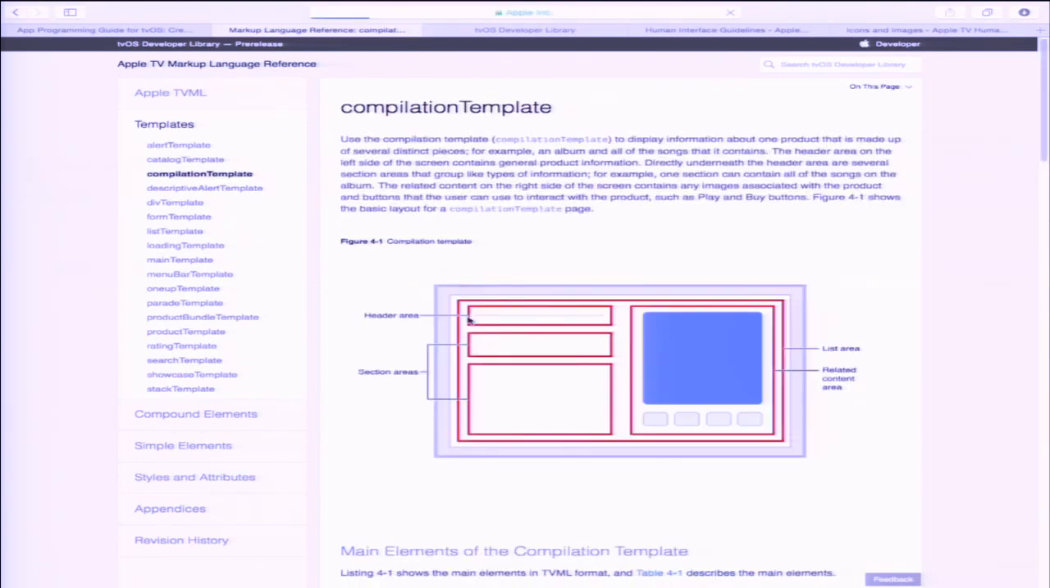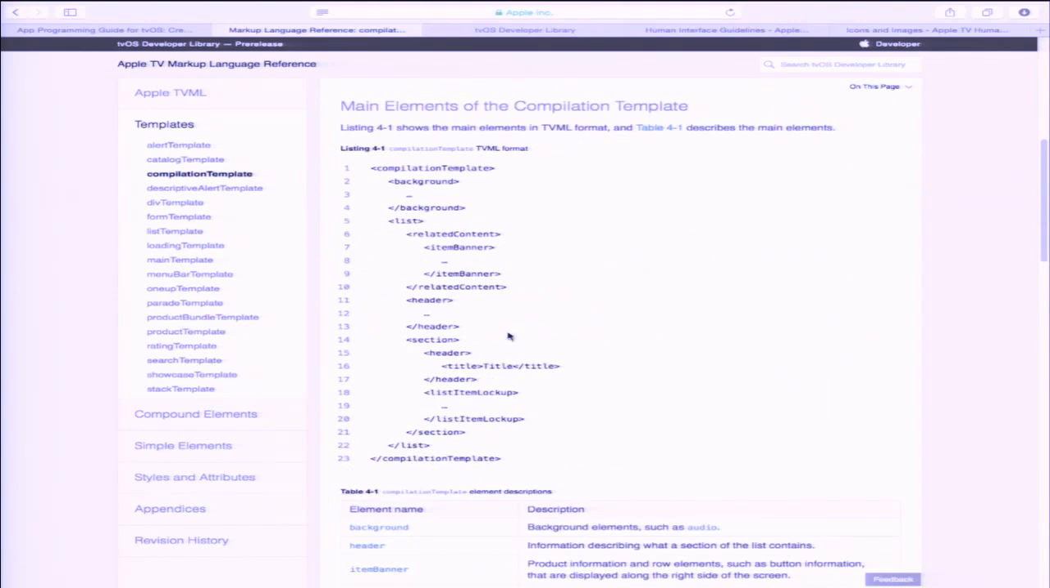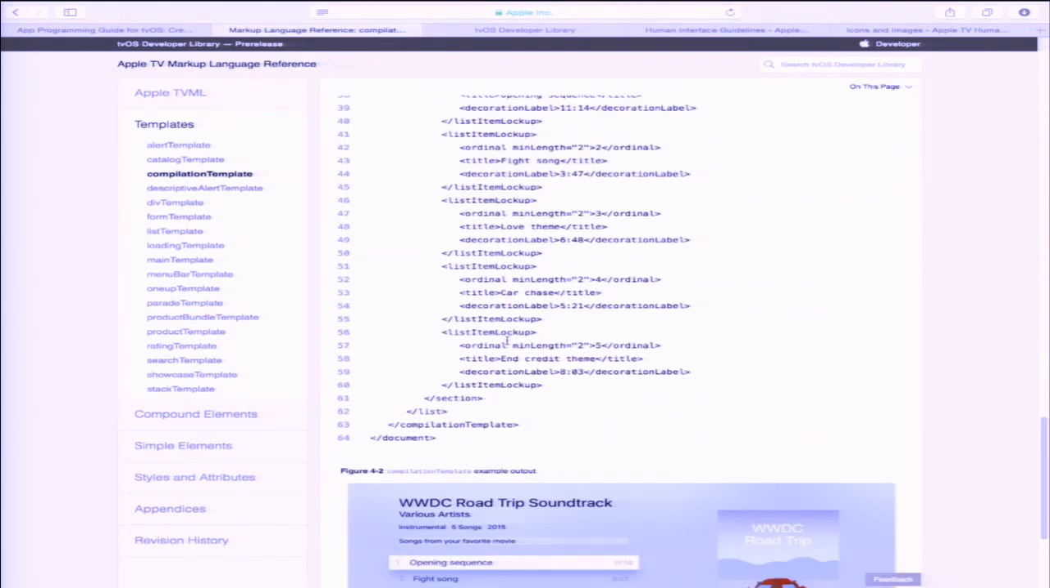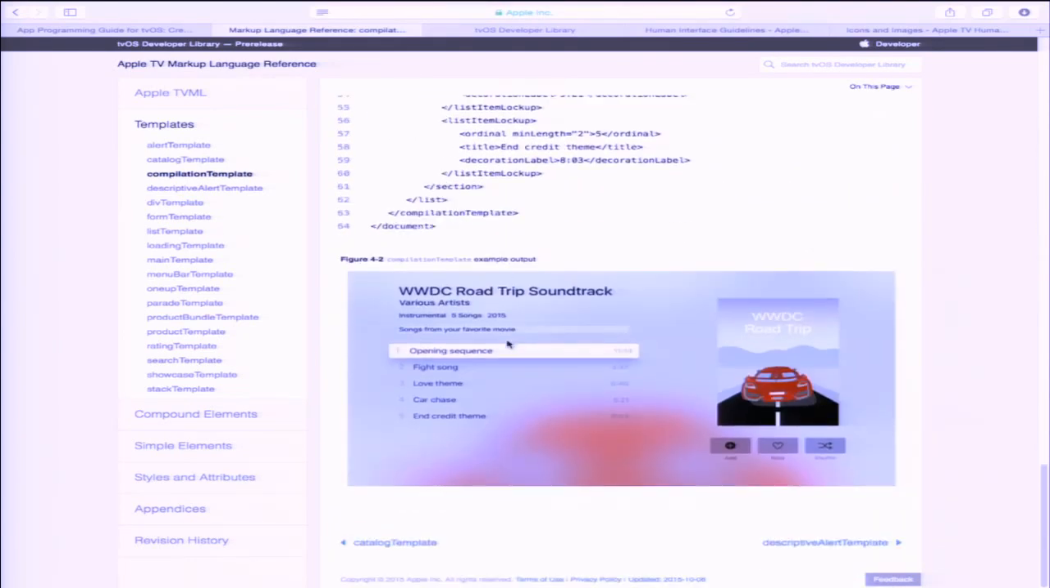Let me go to another template here. So for example, this is a compilation template. When you return the XML, it'll look something like this. Essentially, you can go through and lay out your entire app. So for example, with